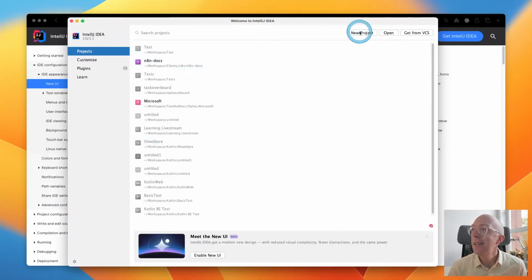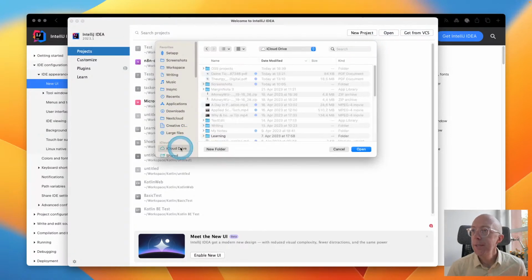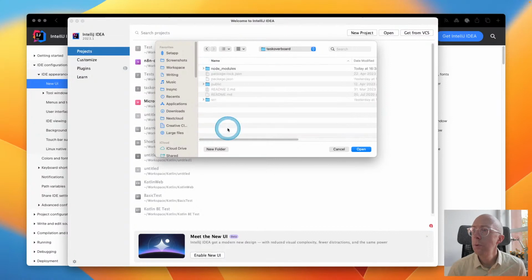But yeah, we can see here there's buttons here that also don't really match. And we can see this here, but let's come back to it first. Let's get the old one for now. So this was the task overboard.